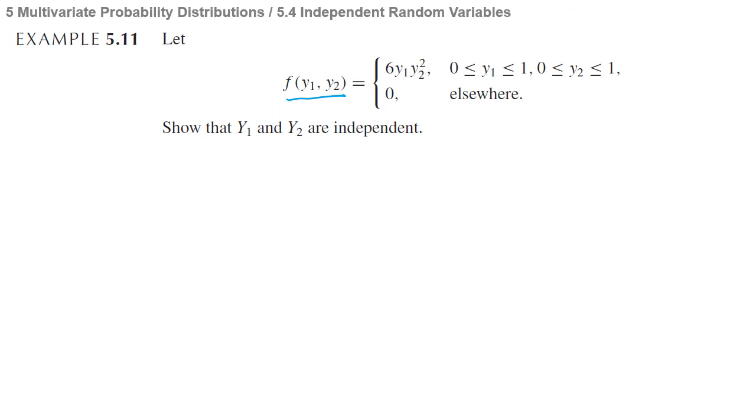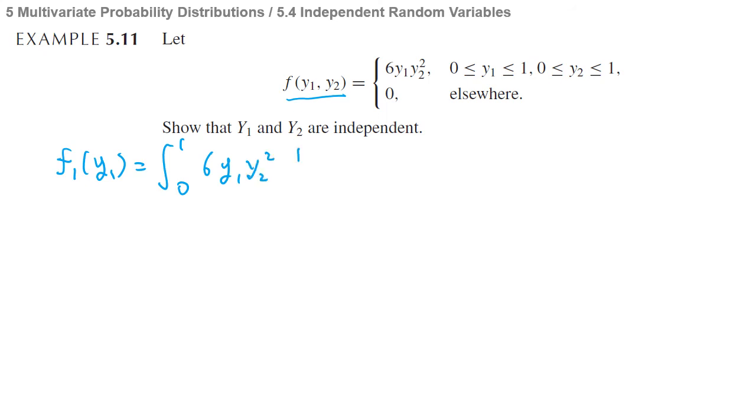To show this, we need to find the marginal distributions for y1 and y2. So we want to find the marginal density f1 of y1, which we can get by integrating over the other variable, y2, from 0 to 1, of 6y1 y2 squared